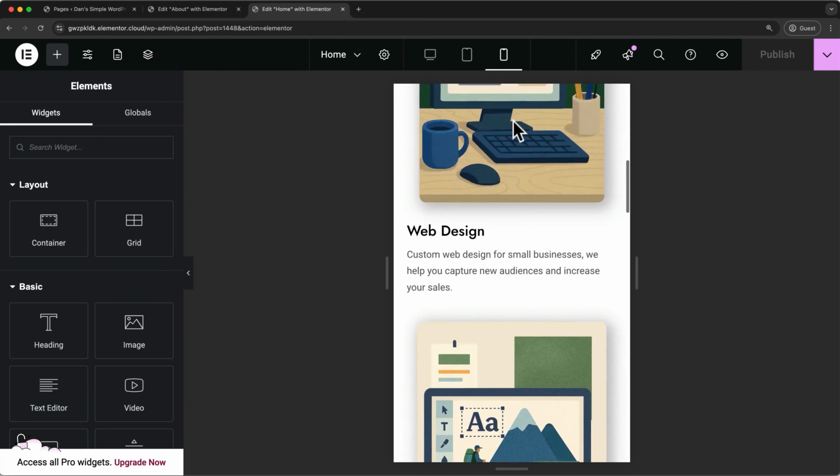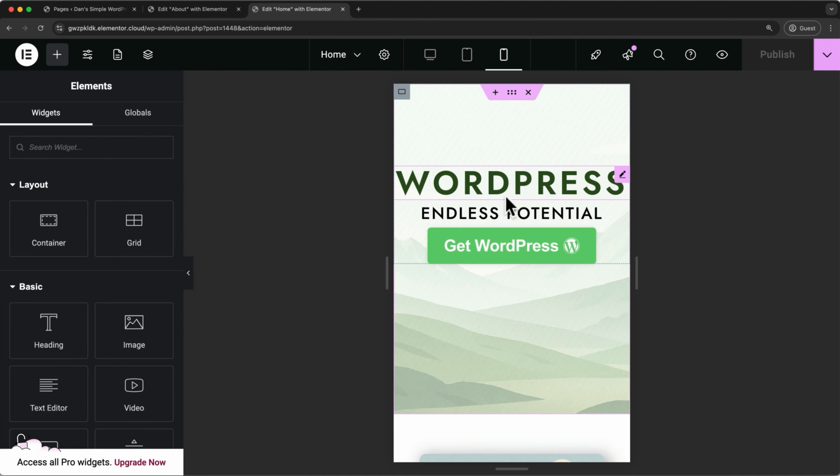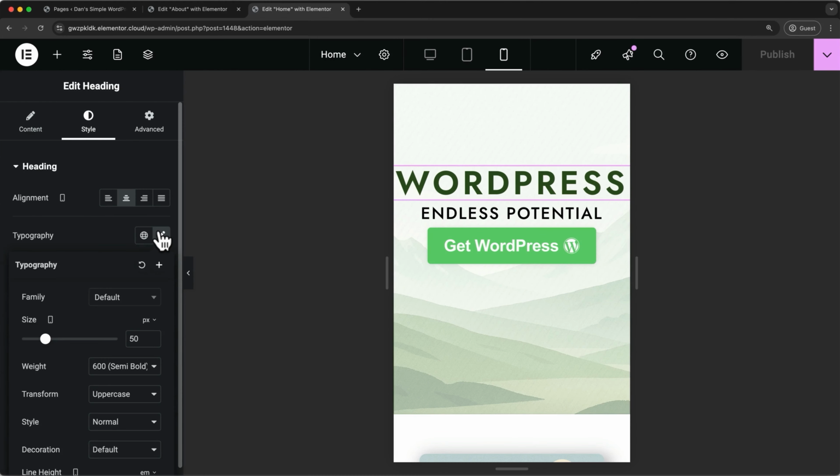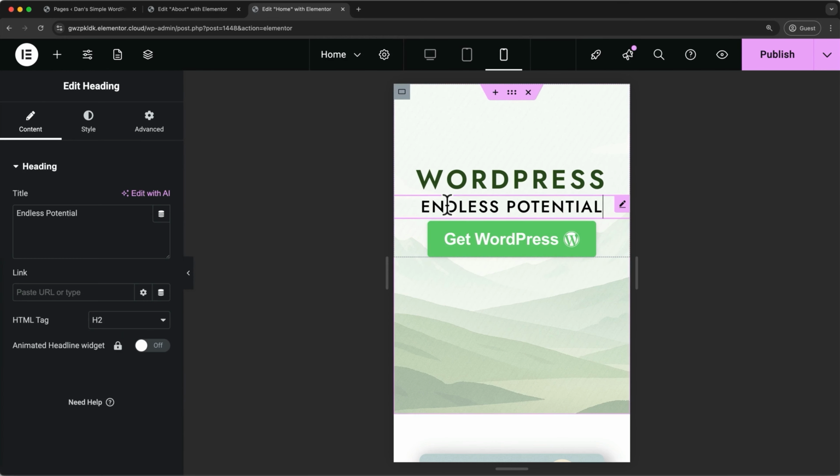And it's not terrible, but specifically in this top portion, the elements look cramped. Click on the heading, then click Style, and let's edit the typography. Any setting that shows the mobile icon indicates that what we are about to change will only affect mobile. Let's make this font heading 40, and we'll make the font for the heading below